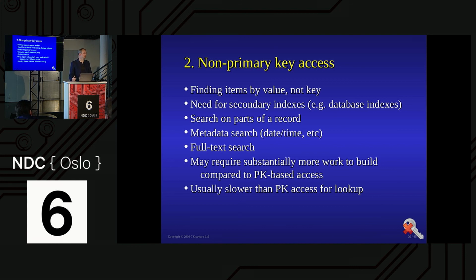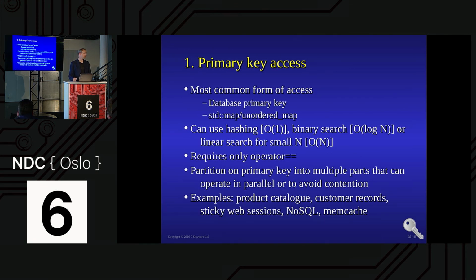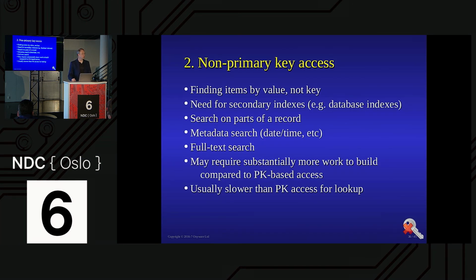In certain cases, you may actually need full text search inside. It's substantially more work. So on the web, for instance, primary key access is a URL. This URL, don't care about anything else, that's really fast. Non-primary key access is called Google. It's a very, very different kind of thing. So you need to understand whether you need this or not. It's almost always slower.